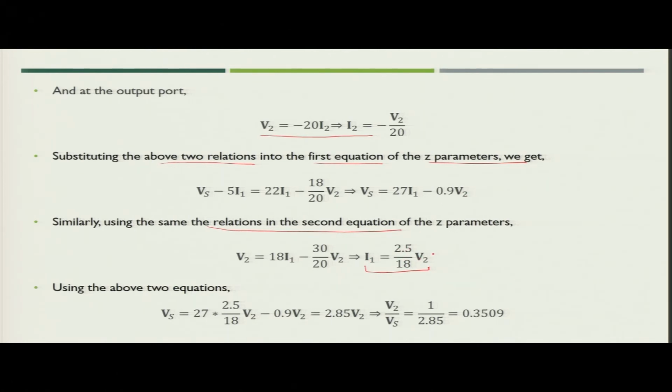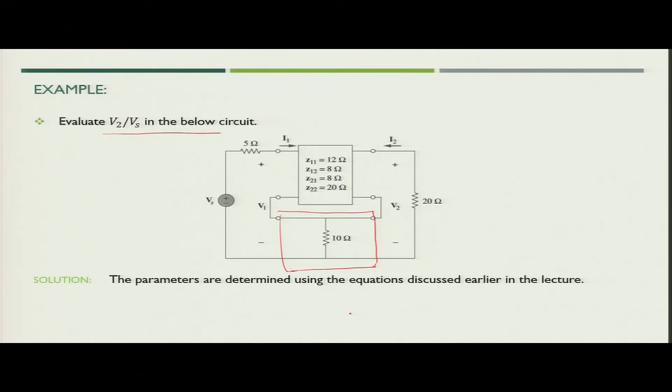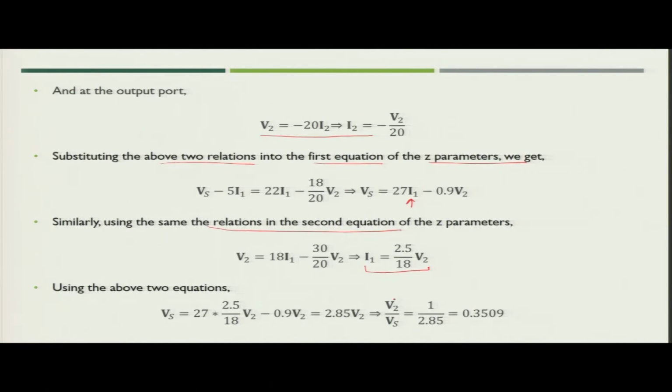If we put this I1 value in the first equation and simplify, we get Vs equal to 2.85 V2. Now, in the question it is asked that we need to evaluate V2 by Vs. So, V2 by Vs is equal to 1 upon 2.85. So, what we get finally is